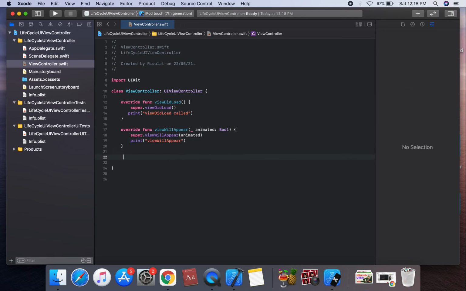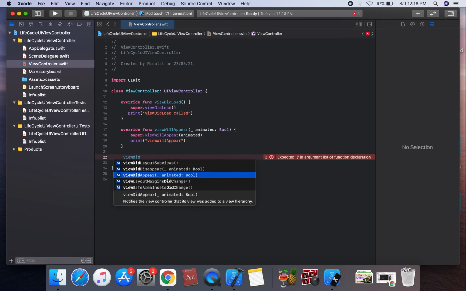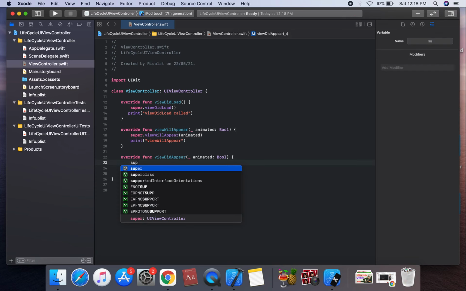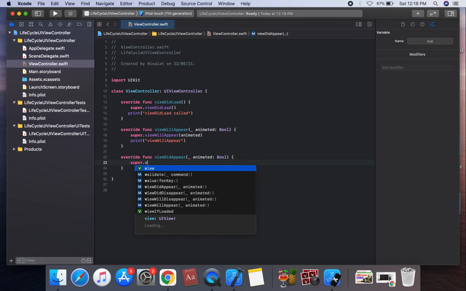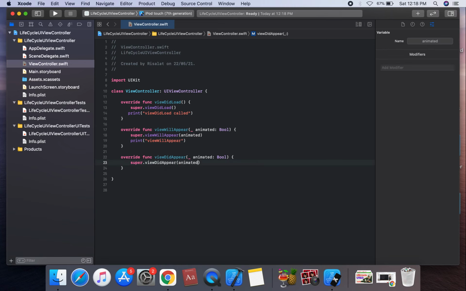Another lifecycle method is viewDidAppear. You should call super.viewDidAppear with animated. When viewDidAppear is called, it is also a place to start animations. This is called when the user can see it on the screen.